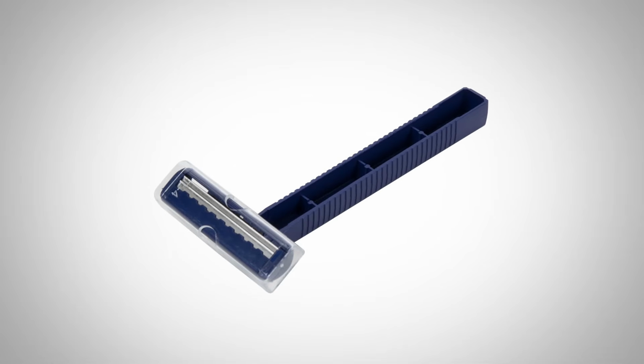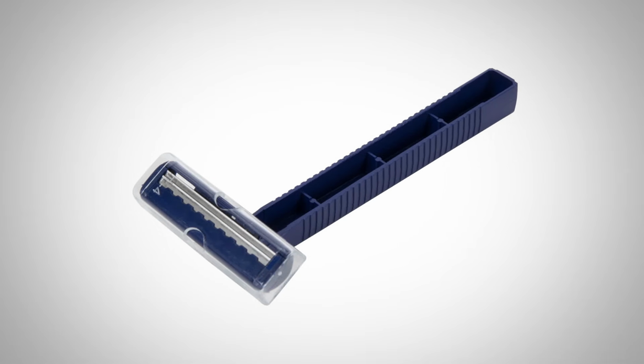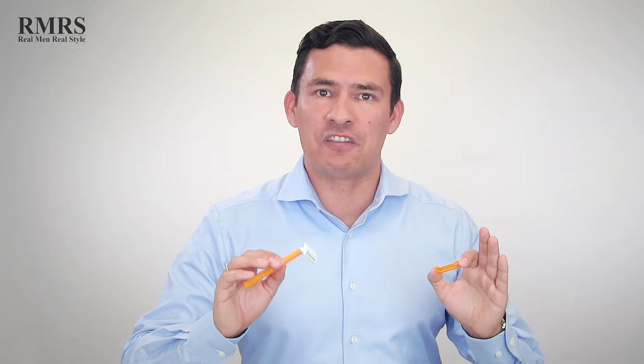Razor type number 4: the disposable razor. This is if you forget your razors while traveling and ask the hotel for a free razor; this is probably what they're going to send you. These are cheap and expensive, and it's a crapshoot in terms of what quality you're going to get. Of all the razors I'm going to talk about here, this is probably my least favorite because of